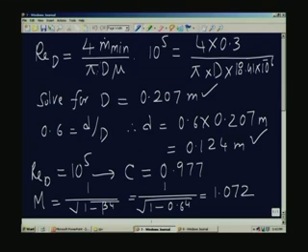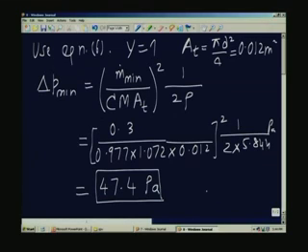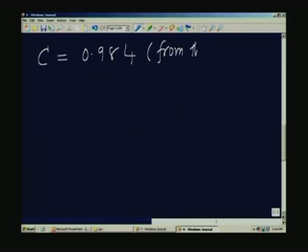Everything else is fixed here, only m dot is changed from 0.3 kg per second to 1 kg per second. So the Reynolds number will be larger by a ratio of 1 over 0.3 of the 10 to the power of 5. That is about 3.3 into 10 to the power of 5. So the Reynolds number increases, and correspondingly the coefficient of discharge also changes, and we can take the value from the same graph. The value of C turns out to be 0.984